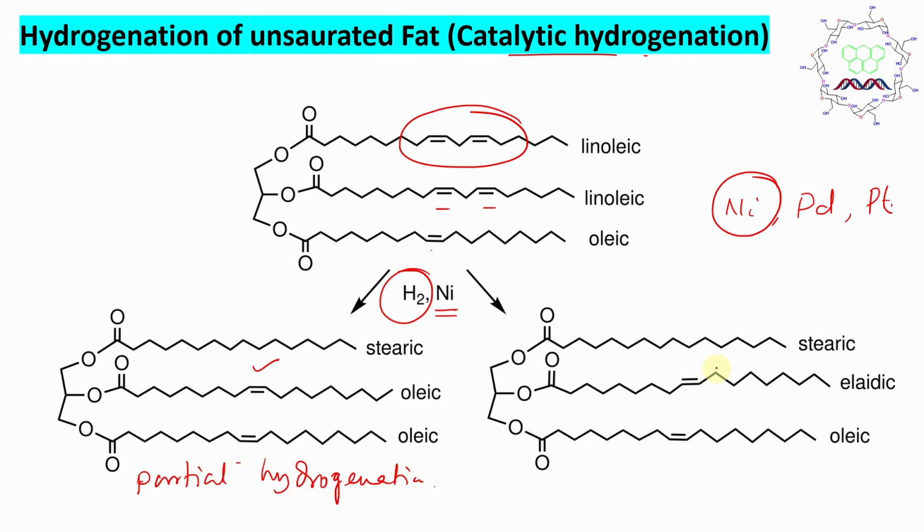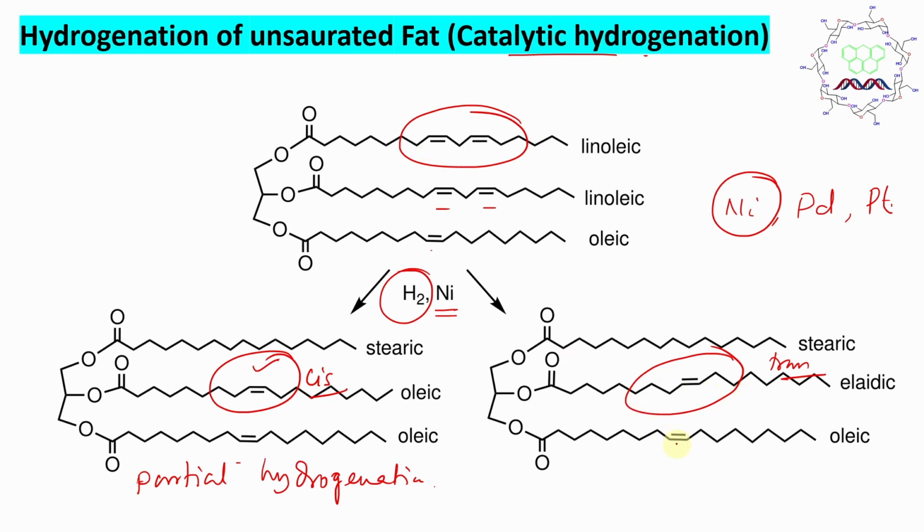So everything is the same, but here there is a story. If you look at this, these both are cis double bonds, and this one is a trans double bond. Just some time before I told you that cis is chemically more reactive, trans is not. So this is the main problem. During this catalytic hydrogenation, this trans is produced. Why? Remember, trans alkene is more stable. So that is the reason. I'll discuss it later on.